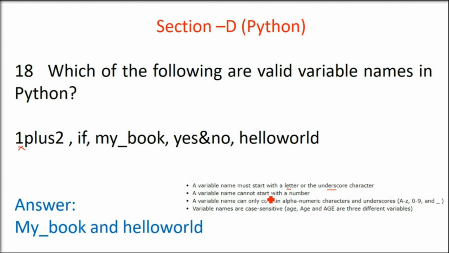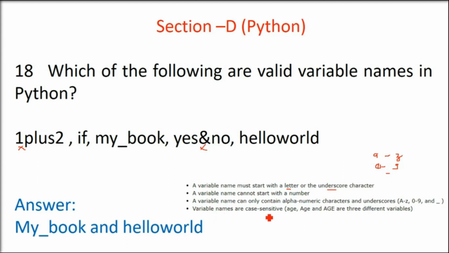This we already seen. Now, third is, a variable can only contain alphanumeric characters and underscores. Alphanumeric is small a to small z, 0 to 9 and capital A to capital Z. Only underscore. Underscore is like this one, my underscore. So that means this is rejected. Ampersand sign will be rejected. Okay, it fails the test.